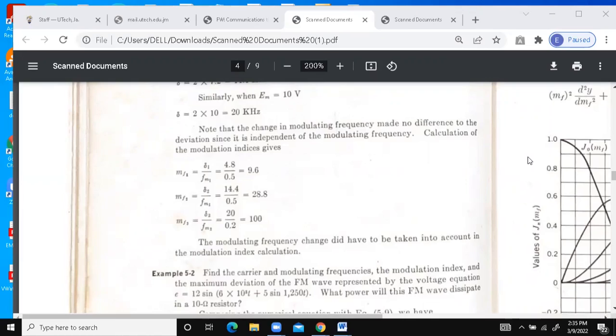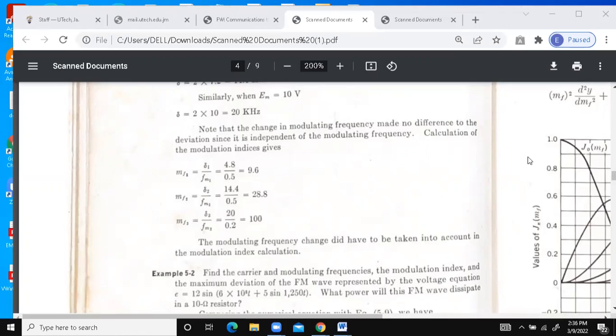A_c cos(2 pi f_c t plus the modulation index times sine 2 pi f_m t). So, to find the modulation index from the equation that is given, 5,